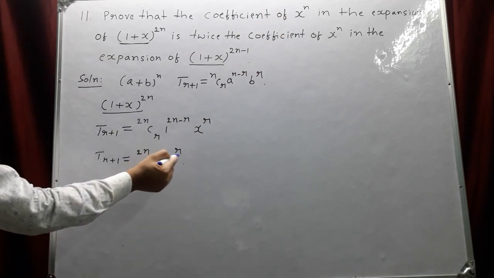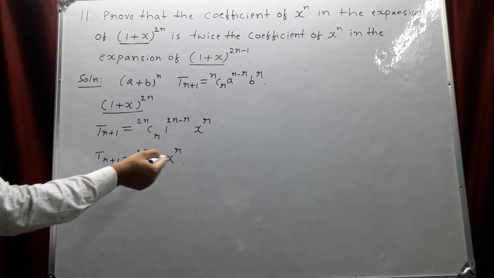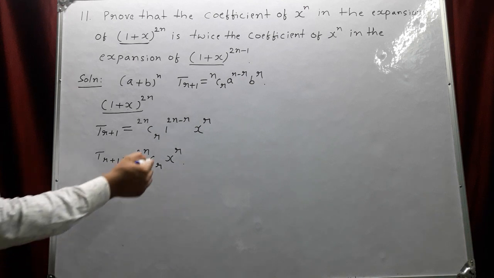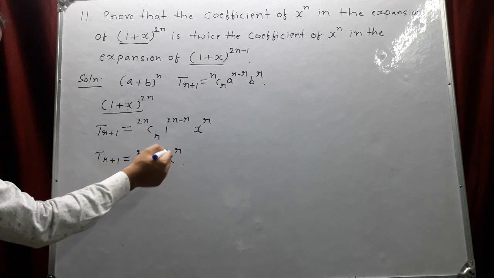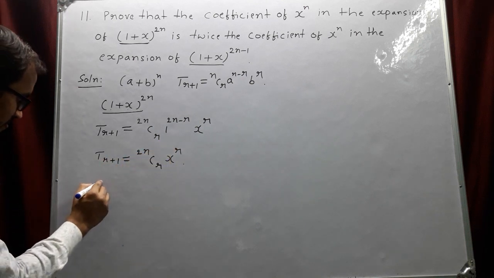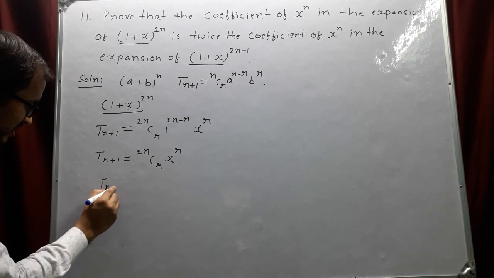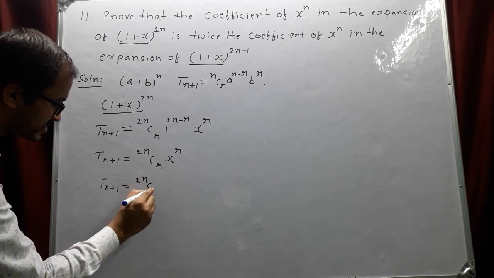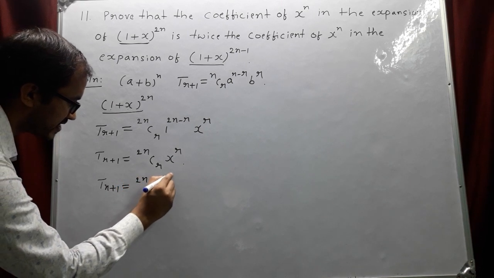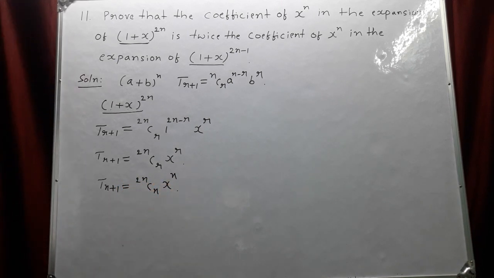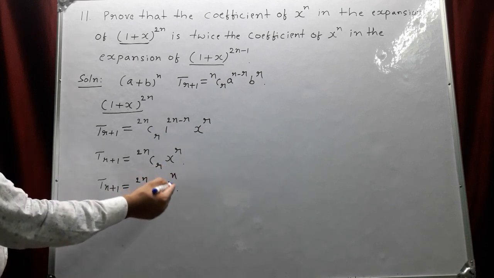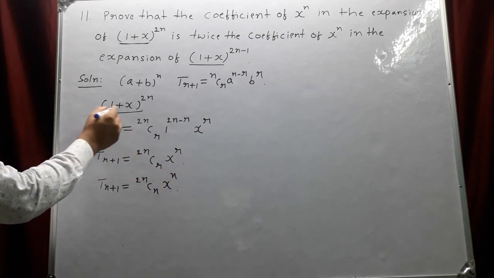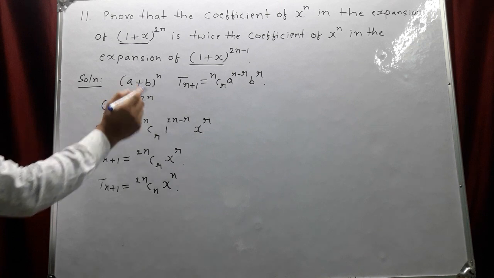So if you take r = n, we will get the coefficient of x^n. So take r = n. So T(n+1) = 2nCn x^n. So the coefficient of x^n in the expansion (1+x)^2n is